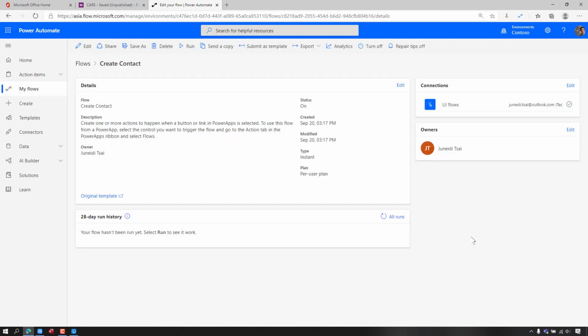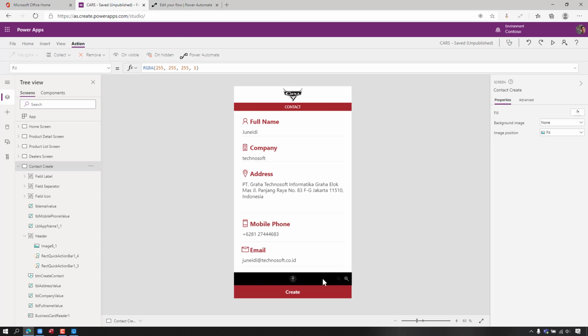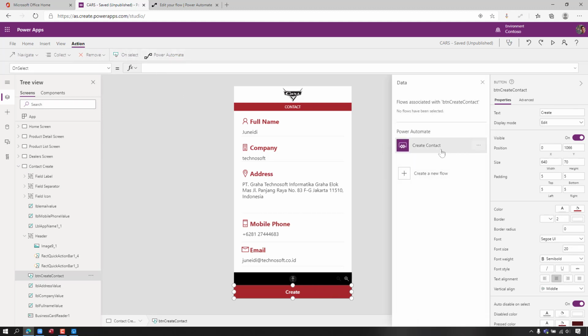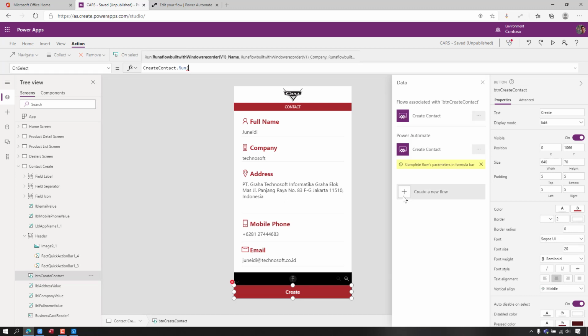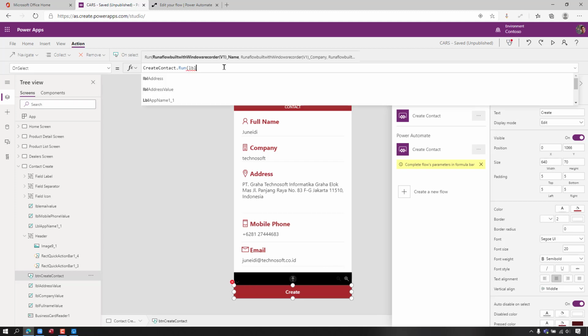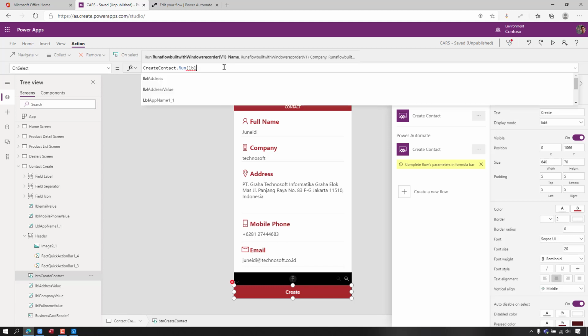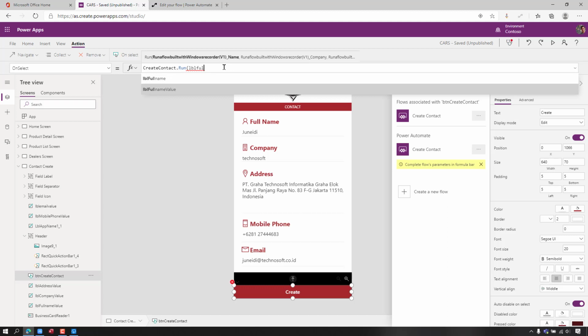After that, we go to the Power Apps Studio again. In this create button, we want to link with Power Automate. This create contact flow, we just click to add. After we add it, it will ask for the parameters that we just defined. So in here we just type label dot full name dot value.